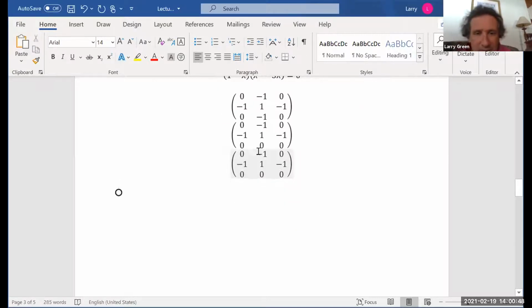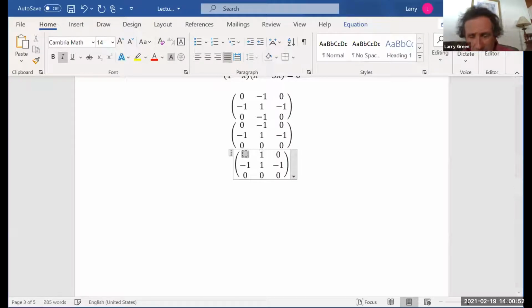And when you switch the rows, we get that guy. Don't need the negatives there, obviously. -0 is right, but I don't want it. Any questions so far? Okay, now I could take this guy